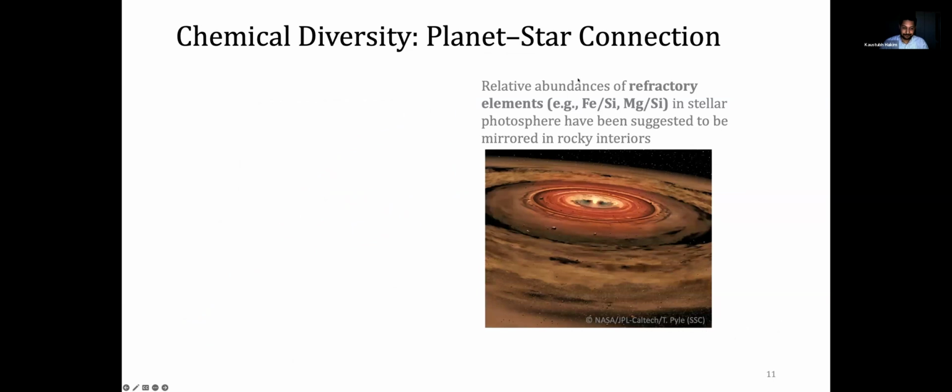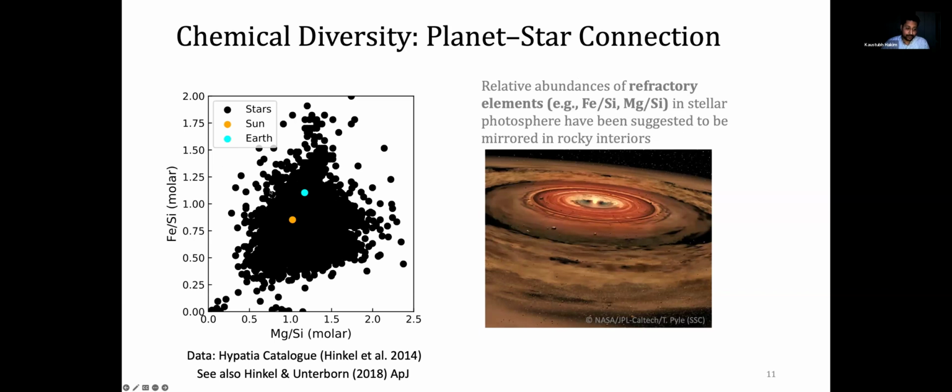Okay, so coming back to the star-planet connection or the chemical diversity of rocky interiors. I think I said most of this, that the relative elemental abundances of especially elements like iron, magnesium, which form most of the rocky interior, are expected to be mirrored between the rocky interiors and the stellar photospheres. And in this figure, you see there are differences between the sun and stars. But what you also see, there is a sufficient